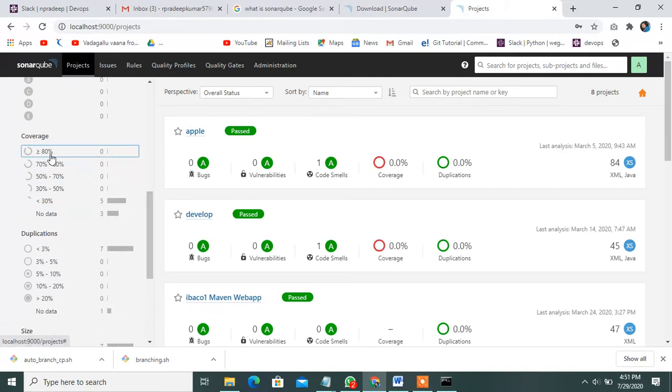Observe here: if coverage is above 80%, your application will be deployed successfully, no problem. If it is less than 35 to 50, the code is not acceptable. Duplication is also mentioned here; once it is 20 to 30%, you can mention it here.